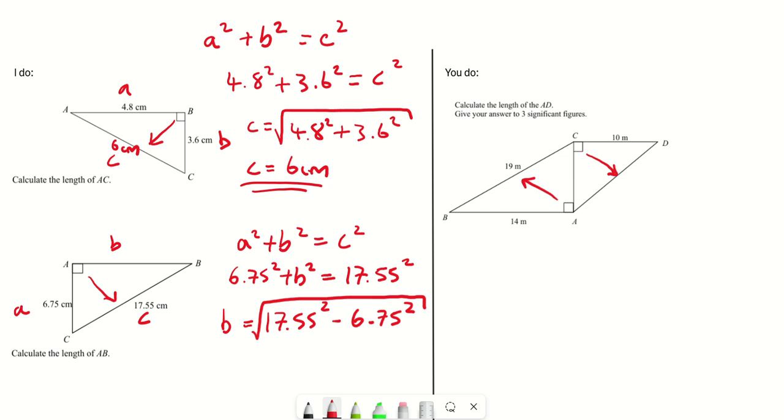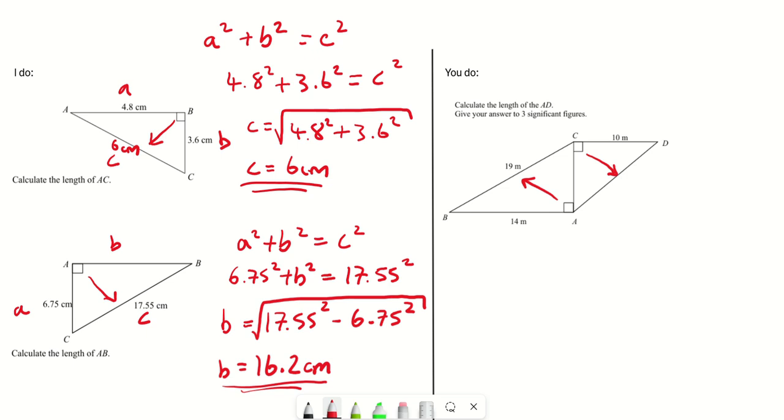Take away 6.75 squared equals, so b for this one is 16.2 centimeters, and that makes sense because this measurement has to be shorter than the longest side, and it is shorter than